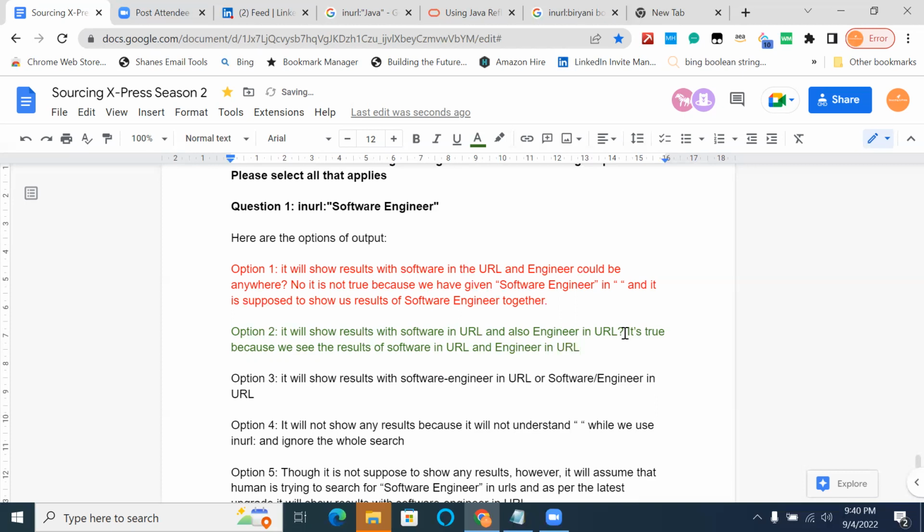Because we see the results of software in URL and also engineer in URL.